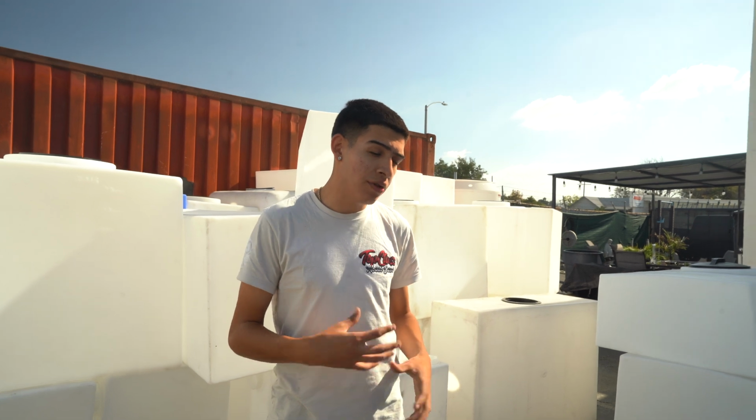So with that 100-gallon tank, that will get you through roughly a minimum of 4 to 5 cars, I'd say. And that's from my experience. I run 2 to 3 buckets, so I'm using about 30 gallons of water just in the buckets. That's being extra though. I'd say roughly about 20. And then when you take into account washing the vehicle, I'm using maybe about 30 to 35 gallons of water